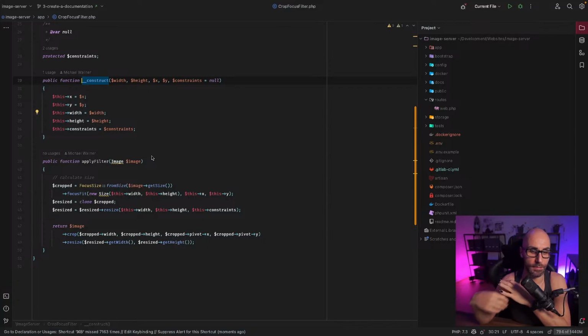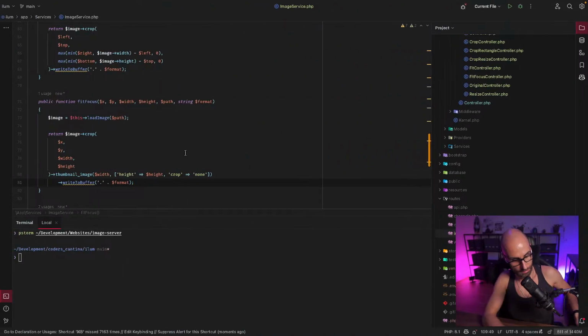We crop and resize with something. So the idea, let me quickly draw that. The idea is, if we have our bigger image here,